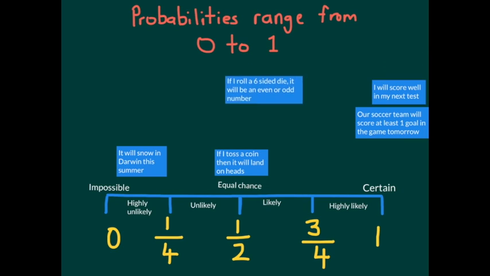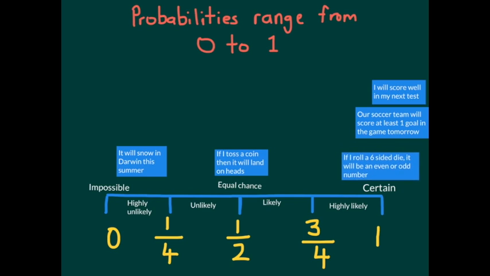This one, if I roll a 6-sided die, it will be an even or odd number. So be careful with this one that you don't just put it straight in the middle. If it's an even or odd number, well, it's a 100% chance of being an even or odd. There's no other option there. It's even or an odd number. 1, 2, 3, 4, 5, 6. So therefore it's a certainty that if you roll a 6-sided die, it will either be an even or